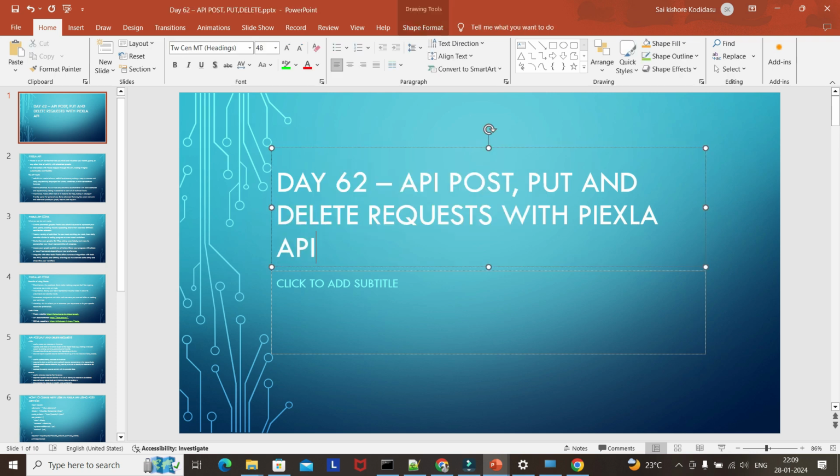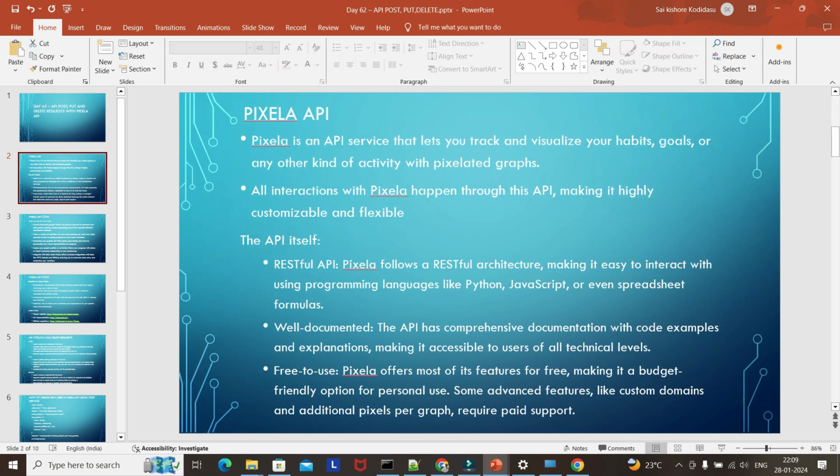So what exactly is the Pixela API? The Pixela API is nothing but a way to track our habits. For example, if you are going for walking, running, or cycling, or doing training or coding, whatever you do, you can track it using this API. It will store all the data in a pixel format. For example,